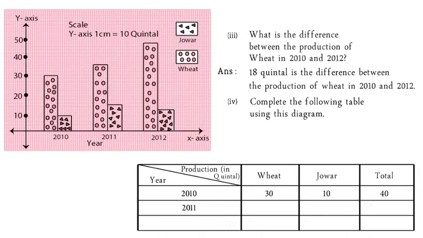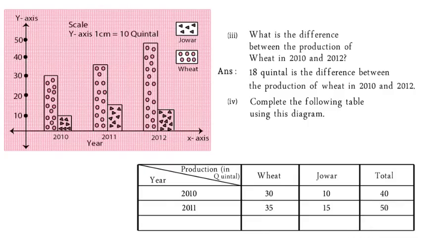We can see from the graph that the total wheat production was 35 quintals and total jawar production was 15 quintals. So the total production of both wheat and jawar for the year 2011 was 35 plus 15 is equal